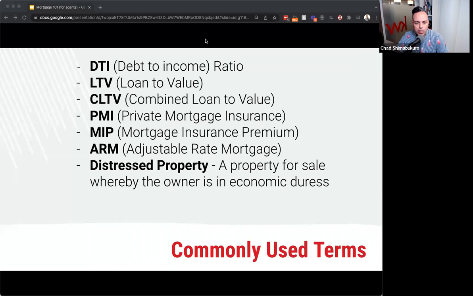And one of the ways that I just mentioned before is you can split the loan up into two. So if they only have 10% down, could they get just one loan at 90%? Yes, you could. But you also might want to consider doing 80% on the first loan, a 10% second, and then the 10% down. So at the end of the day, it's the same down payment that the buyer will have, but you're splitting up the loan in such a way to get a better interest rate on the first mortgage and also avoid PMI.